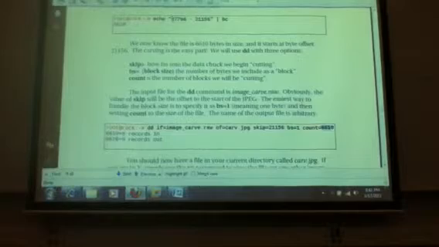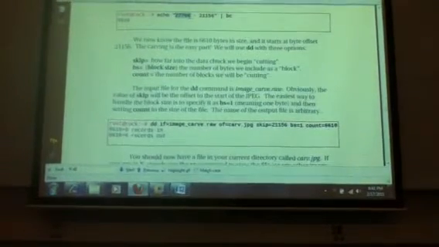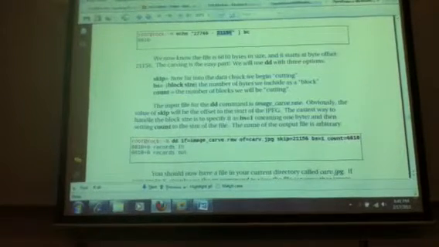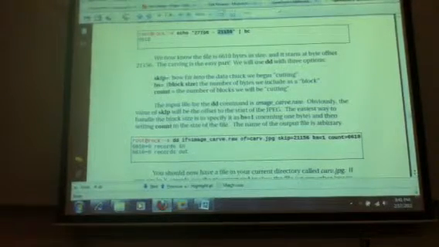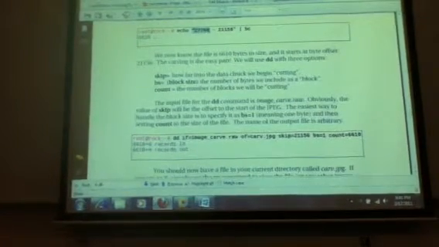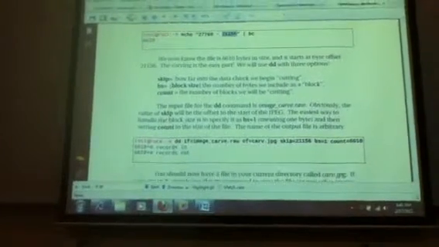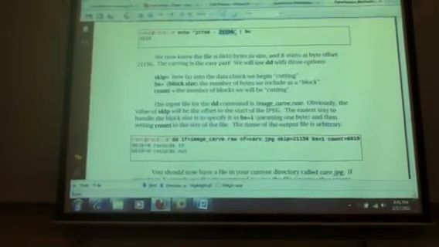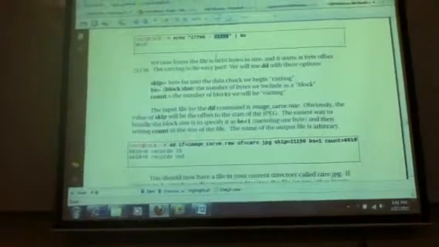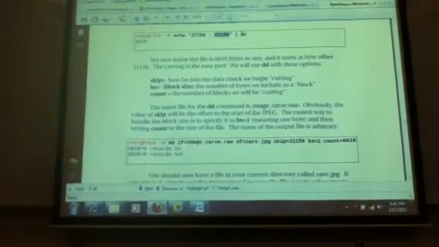If this is the trailer, and this is my header. This is my header offset, and this is my trailer offset. This is the offset that marks the end of the file. This is the offset that marks the beginning of the file. You understand? You subtract them from each other, and that will give you what you want. This BC is just binary conversion.